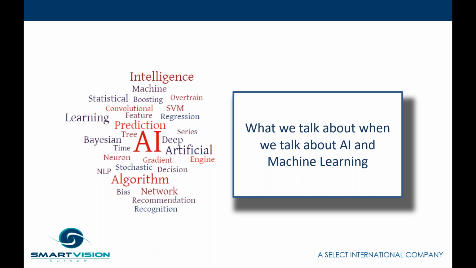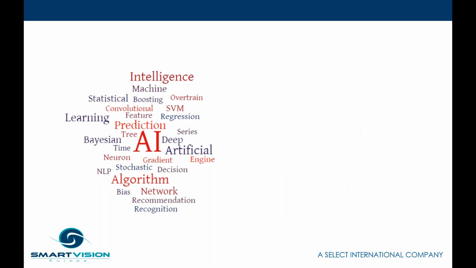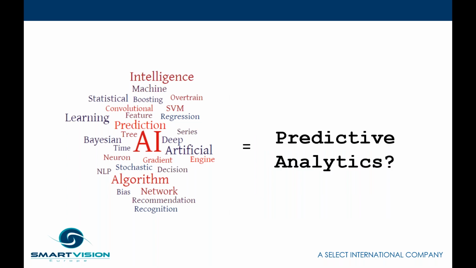You hear them talking about deep learning networks, things like recommendation engines, time series analysis, that type of Bayesian estimation, and all that sort of stuff. Well, for us, that's really just predictive analytics. That's really what they're talking about when they talk about machine learning and AI. They're really talking about predictive analytics because all of these techniques and all of these approaches fall within the predictive